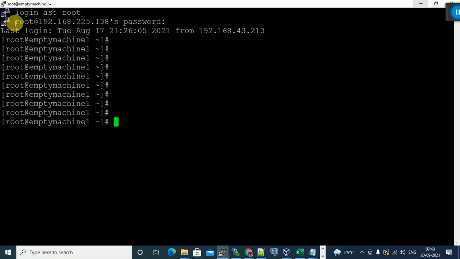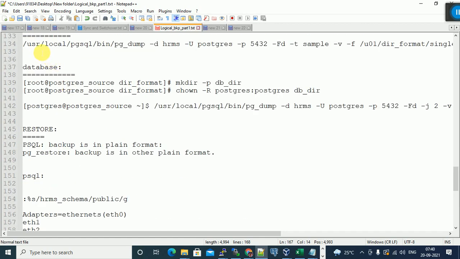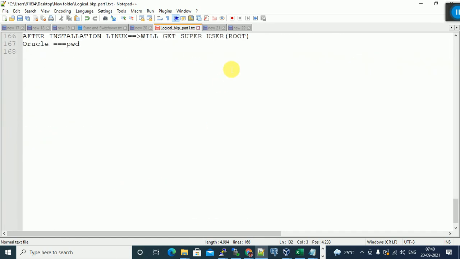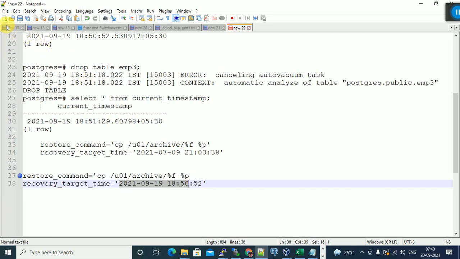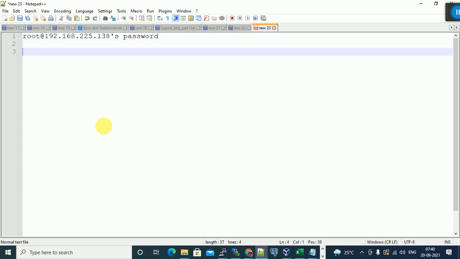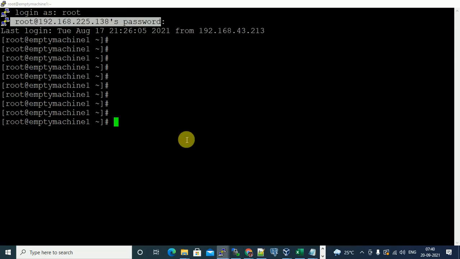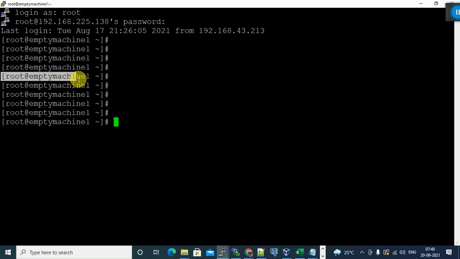Suppose I want to copy this line 1. Just select line 1, and it's copied. Open Notepad and paste. Control V, yes, copied. In Linux PuTTY, you can choose line 1 and it's automatically copied.